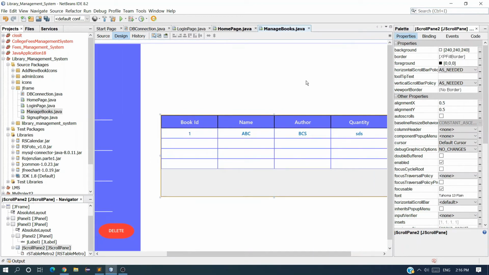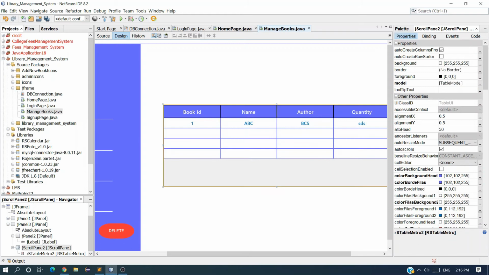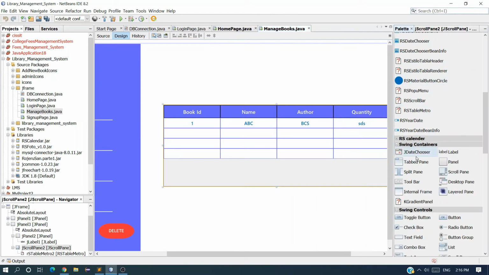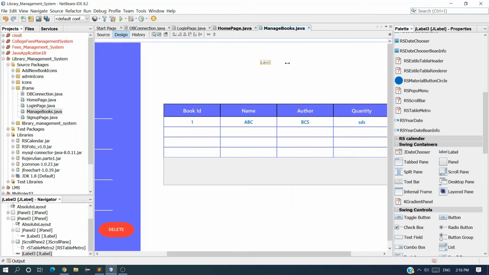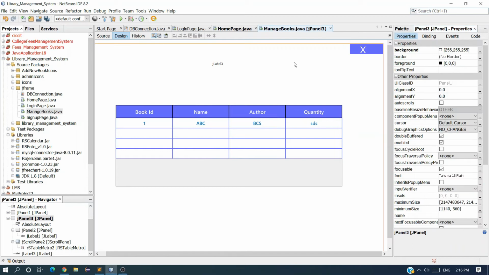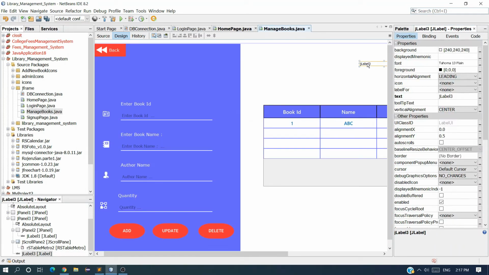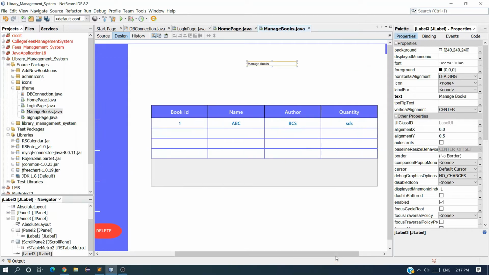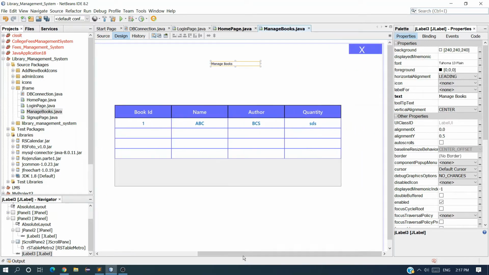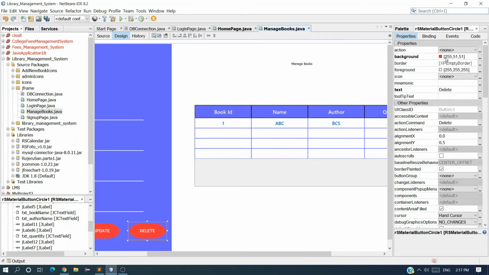Now I want a label here, so go to palette, take a label, and change the text as manage books. Okay, and the color I want is the color of this button.